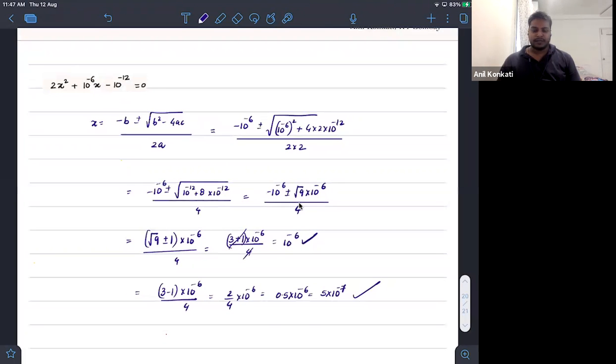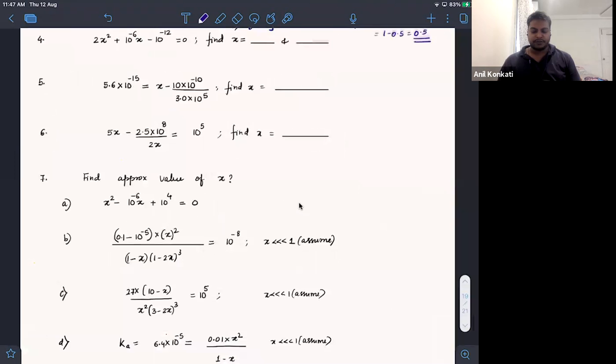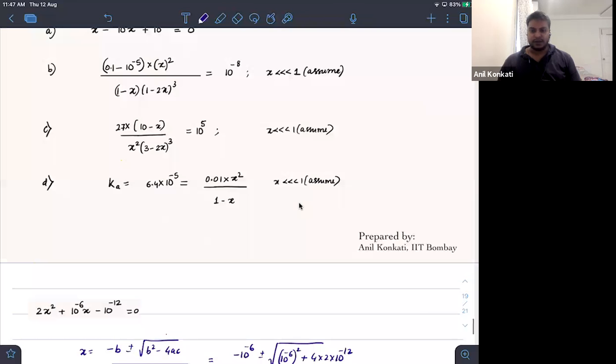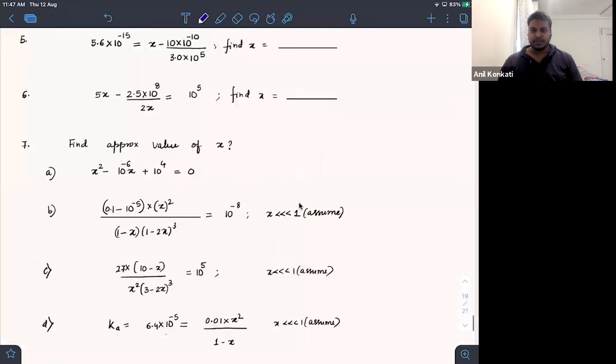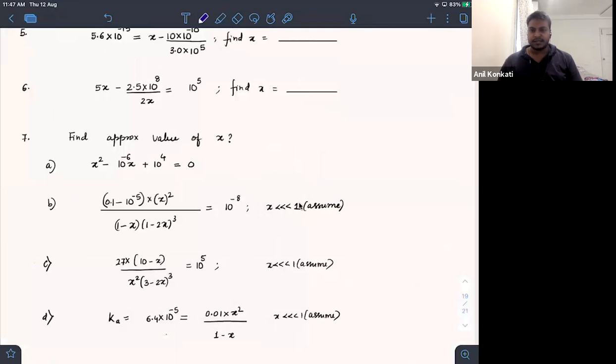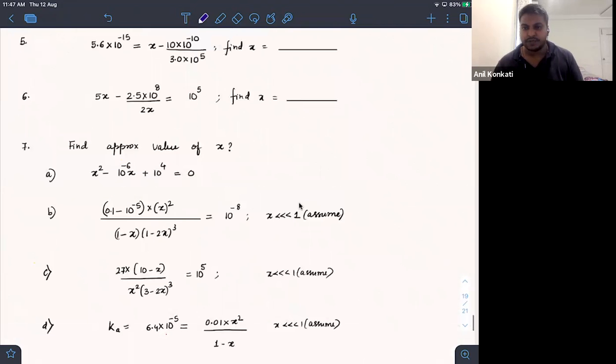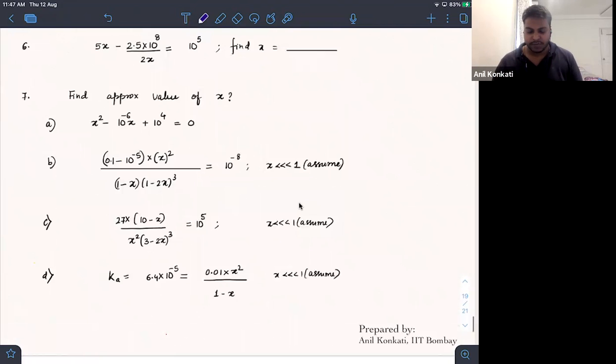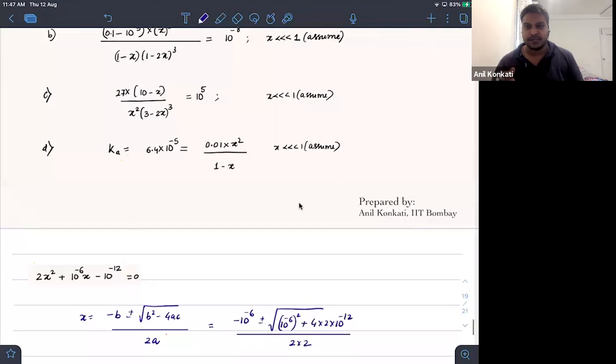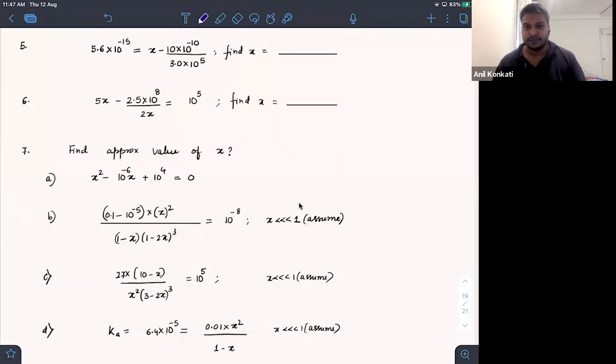Okay, right. So I want all of you to try the rest of them, and next session I'll discuss the other remaining problems. If anybody wants an exact answer, I'll send you the answer key. But I want all of you to show me the working first, how you have done it. Okay, I want to see what are the approximations you have done. So make sure you write it properly up to all these 7 questions with all approximations the way I have written it. ऐसे सारे questions का लिख के आप मुझे send करोगे, ठीक है? Or you can upload it on Classroom so that I can watch it.